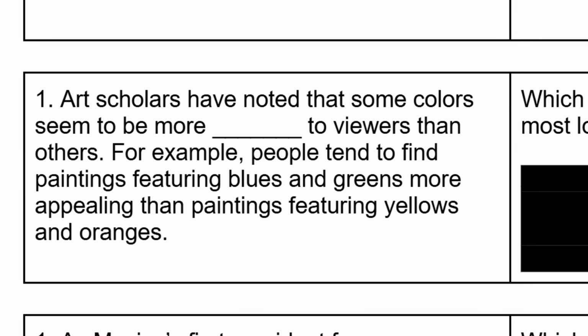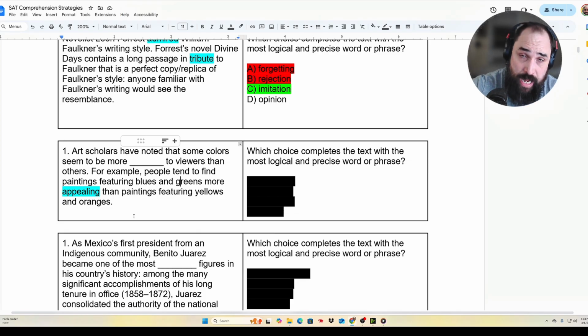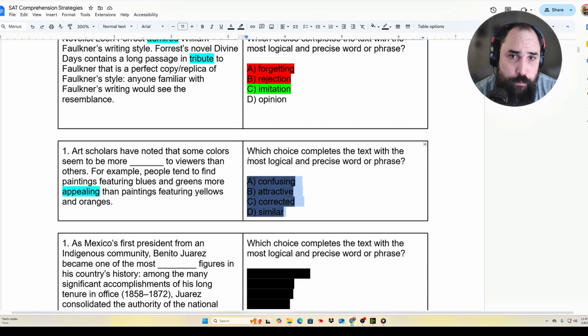Before I even come up with a test phrase, I'd say that the word appealing here from the passage would be a great word to plug into the blank. But if I'm going to come up with my own test phrases, I'm going to say something like vibrant or pleasing. Let's see if that leads us to the old pot of gold at the end of the metaphorical rainbow. Let's go ahead and pull back the curtain here and see if we're right.